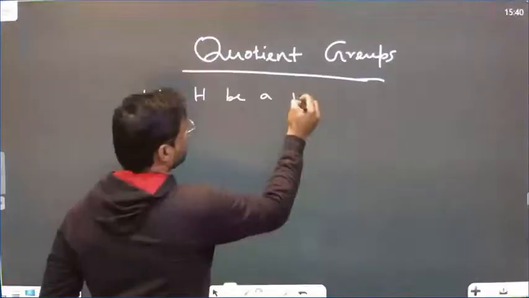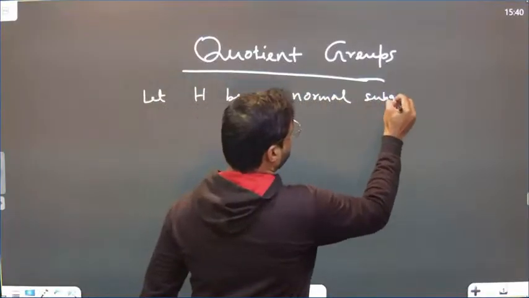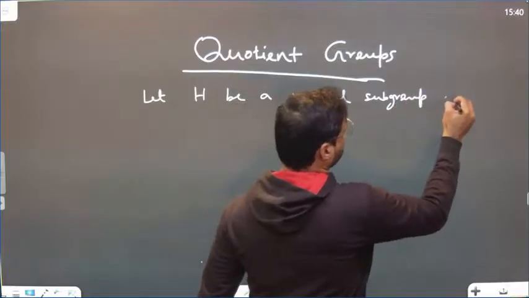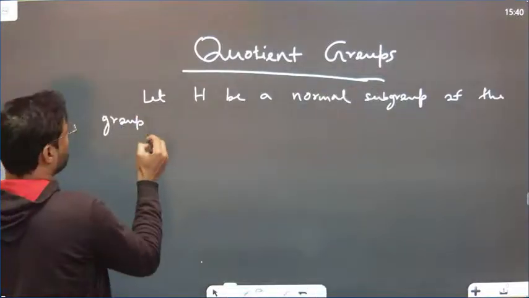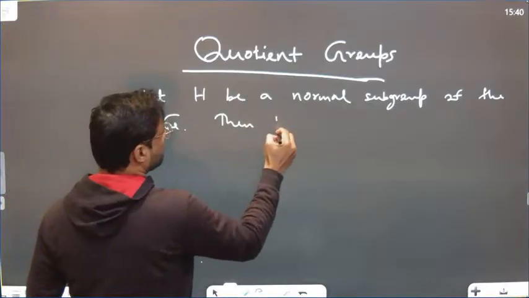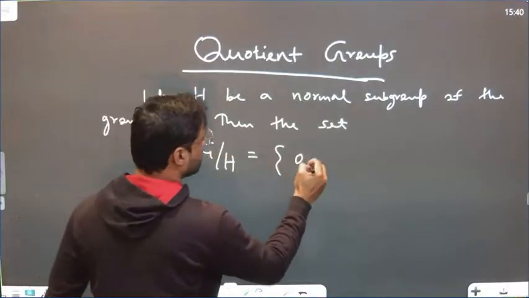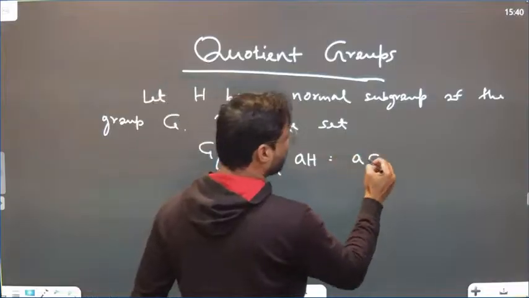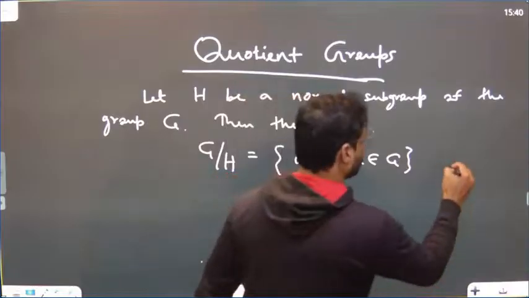H be a normal subgroup of the group G. Then the set defined as G by H equal to {aH such that a belongs to G} forms a group